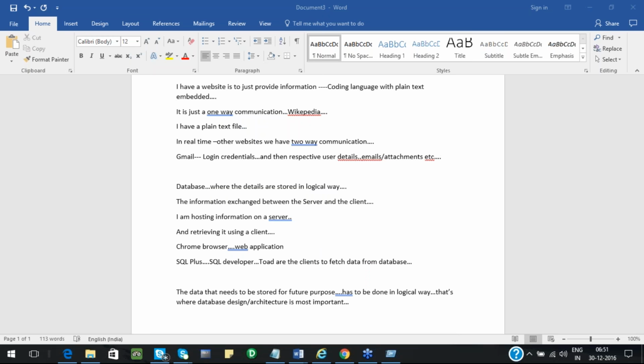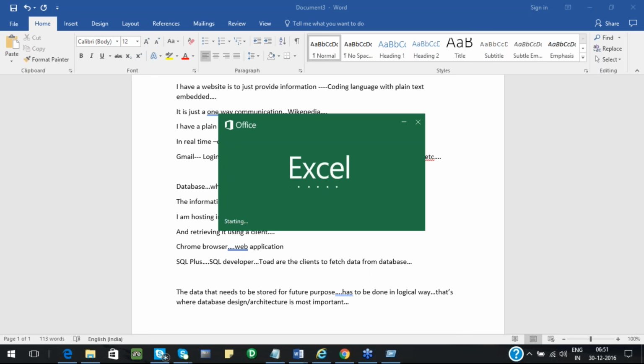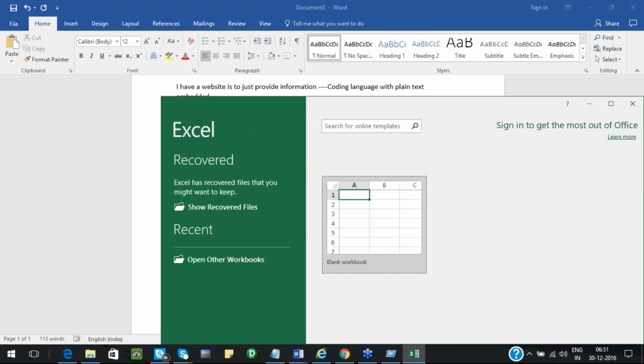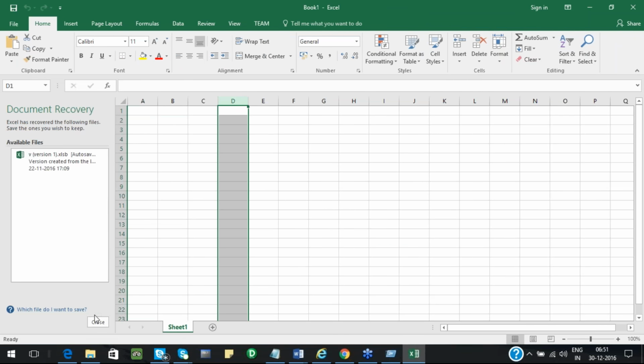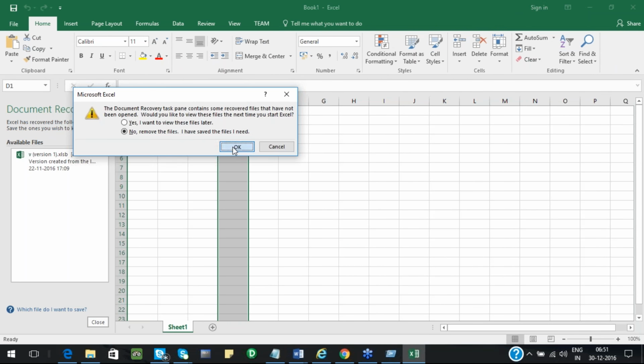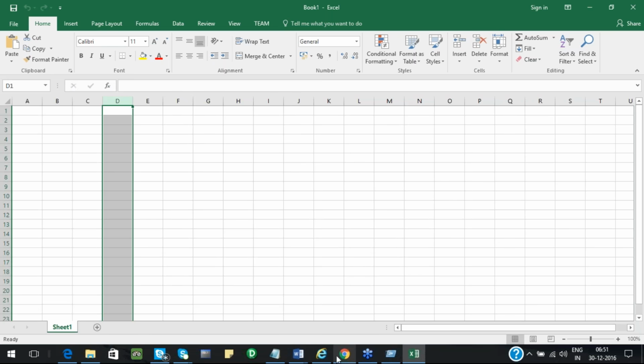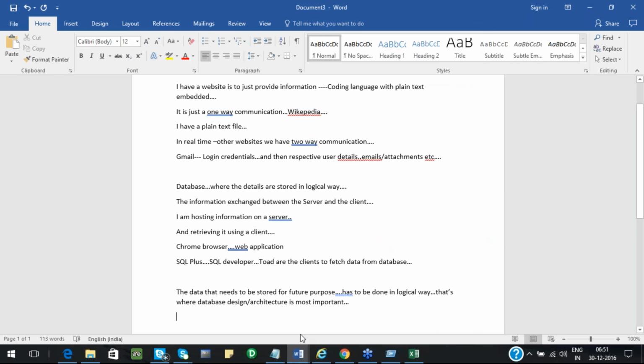I have a small requirement. I have an e-commerce site where I have to have the user credentials stored. So let me write it this way.